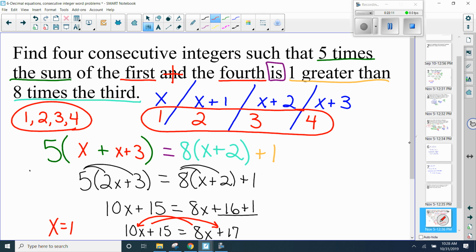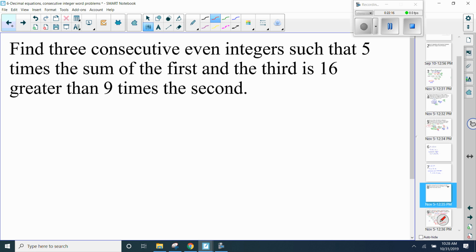Question. Back up one. What's this one asking for? Even integers. So how do we represent even integers? x. x plus what? 2. Even or odd integers have a difference of 2. So this would be x plus 2. The next one would be x plus 4. So there's our 3 consecutive even integers such that 5